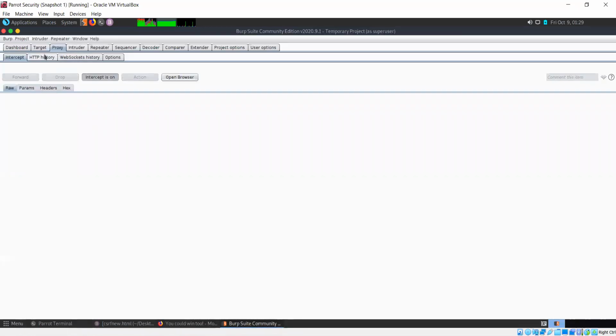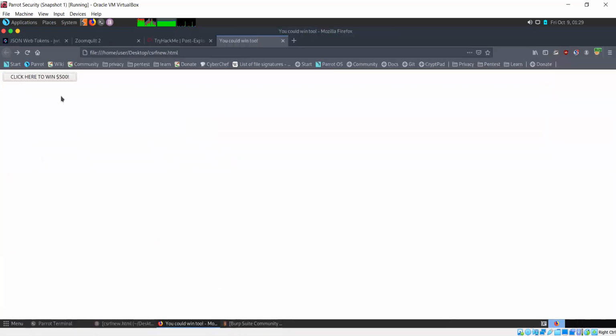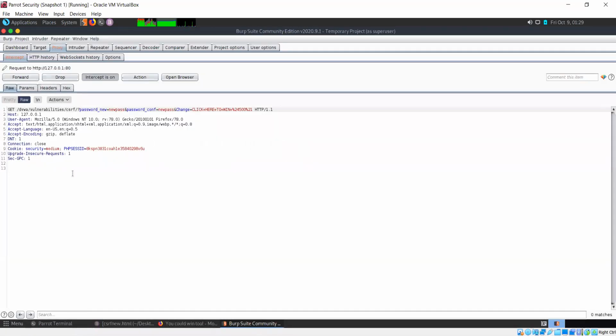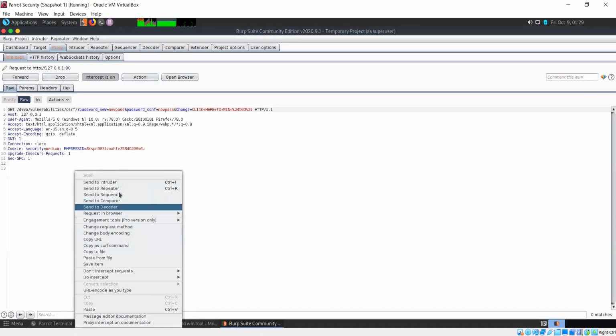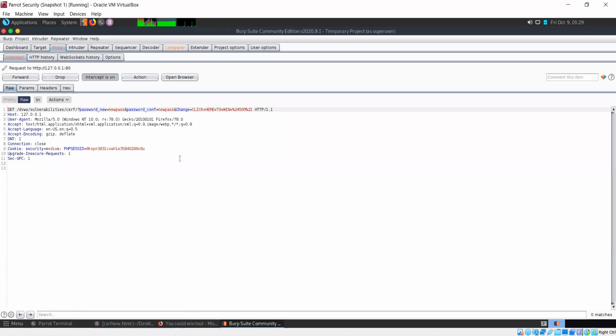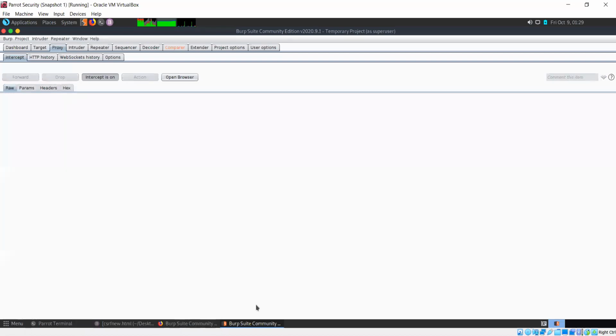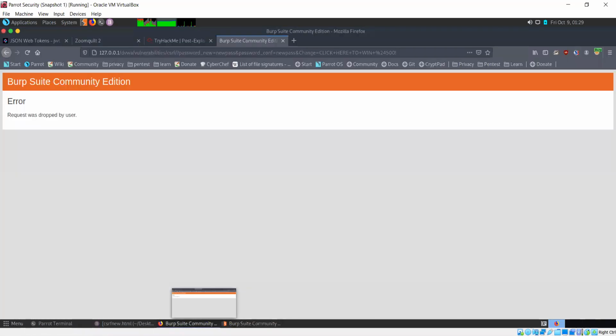Now we are going to compare the two requests. First, I need to copy this one as well. Actually, sorry, intercept this one as well, and then send to comparer. Drop it. If you drop a request, it is not going to be sent to the server, so keep that in mind.